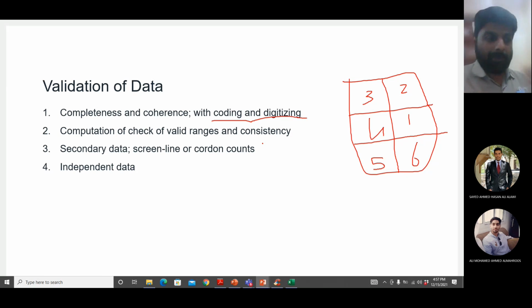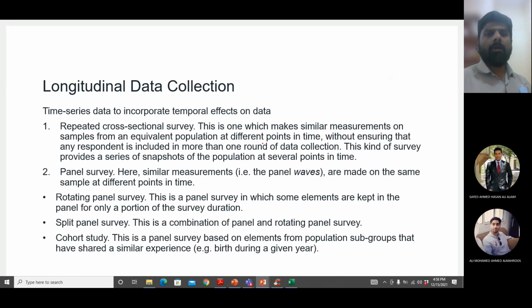Okay, so for example, you collected data about income and number of cars in the house, and these two are interrelated. Whoever said my income is 2000 BD, he has 2 cars in the house. So the data is not independent. This is dependent upon each other. Two values are dependent upon each other. You should have only collected 1 value, and this would have sufficed. Okay, longitudinal data collection.